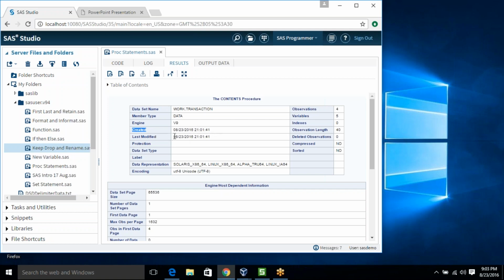We have not done any modification, so created and last modified are the same. Number of observations is 4, number of variables is 5, there is no index. We have not done any deletion in this data set, so it is 0. There is no compression and no sorting.